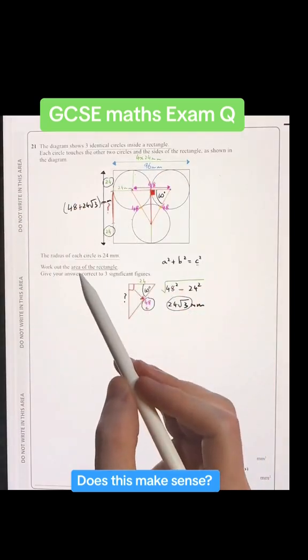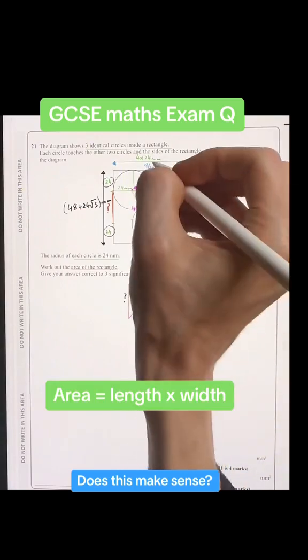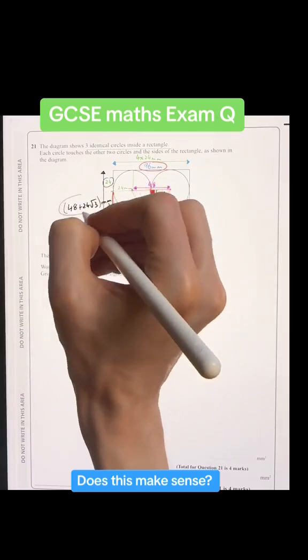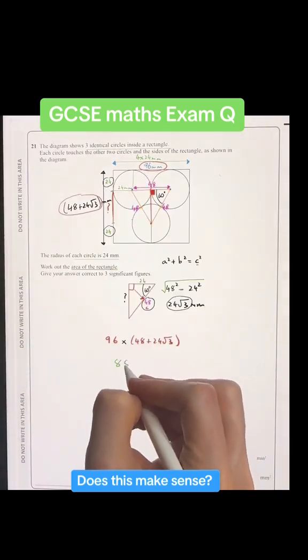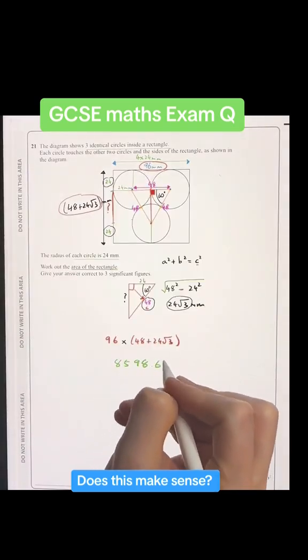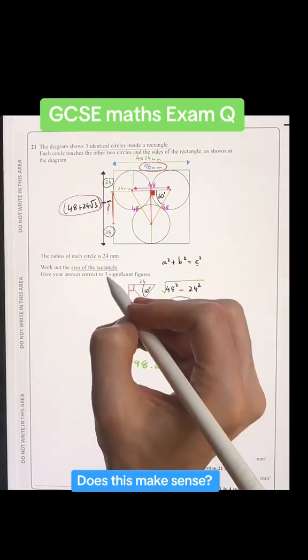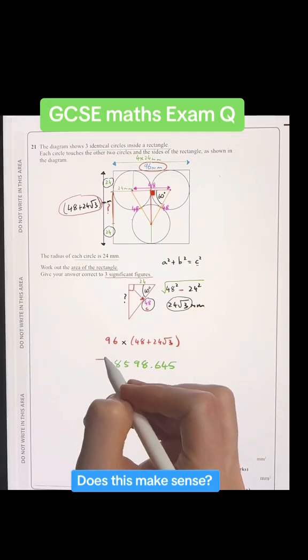As I want the area of the rectangle, I'm going to multiply its length by its width, which equals 8,598.645. As we're asked to give our answer to 3 significant figures, well, significant figures means we start from the